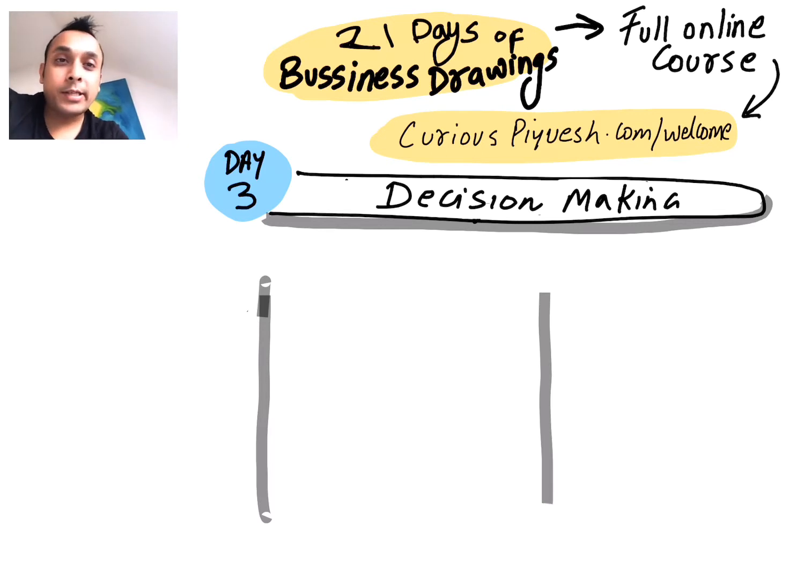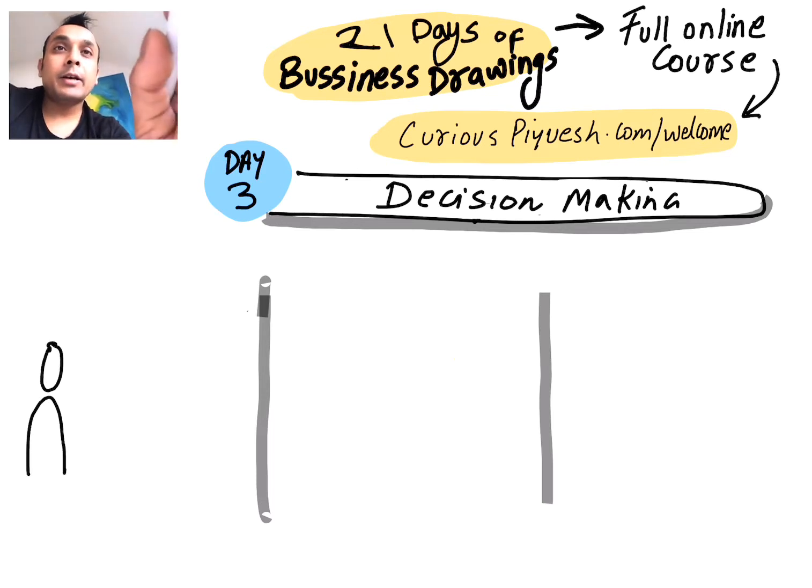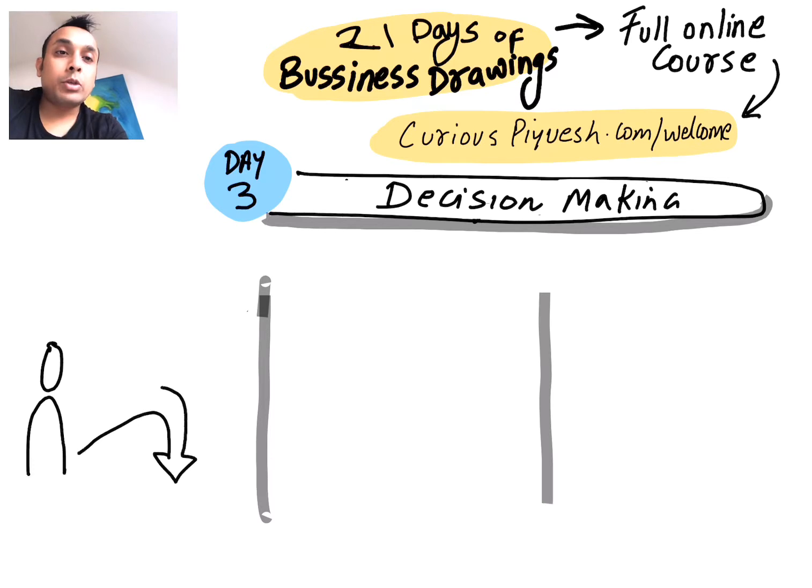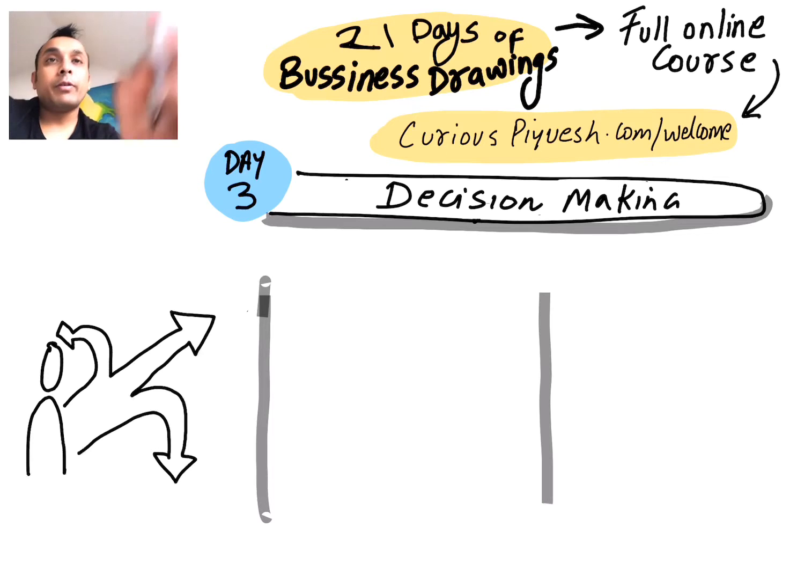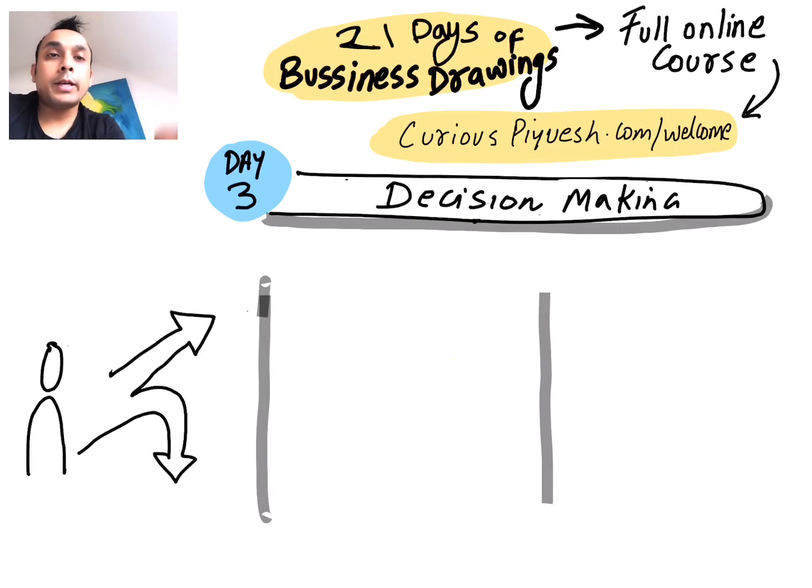The simplest way is, of course, draw a person, and here is his face. When you are taking a decision, there are different options for you. So this is the road which is going here, this is the road which is going straight, and this is the road which is going somewhere else. I will delete this because it is a little too thick, so we can make this road as